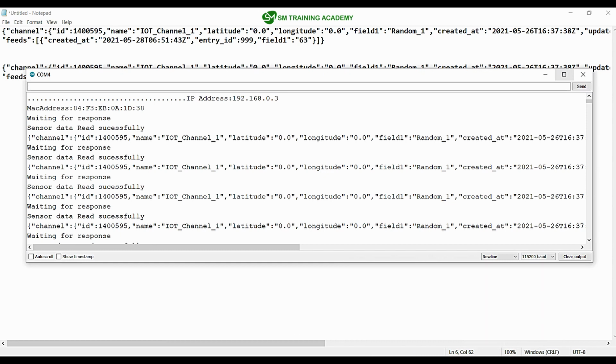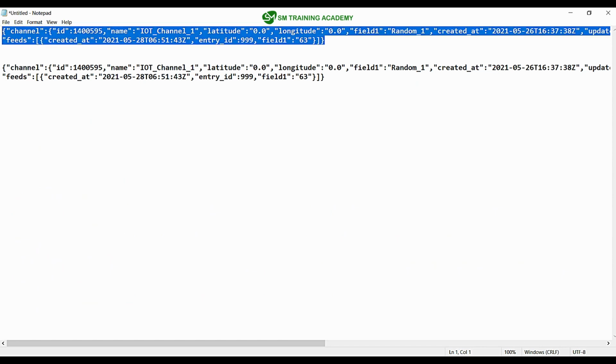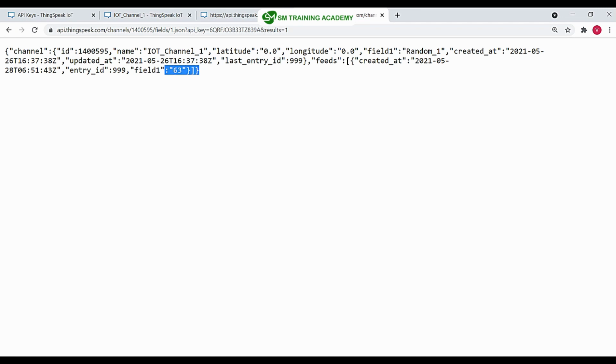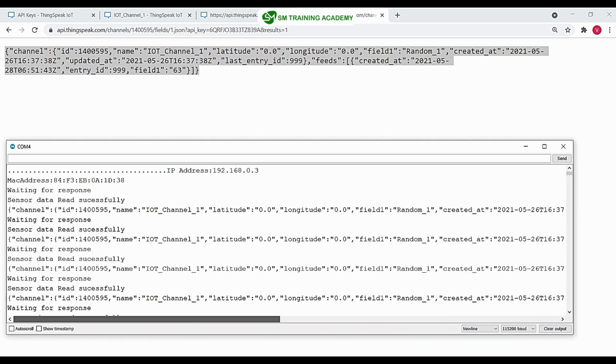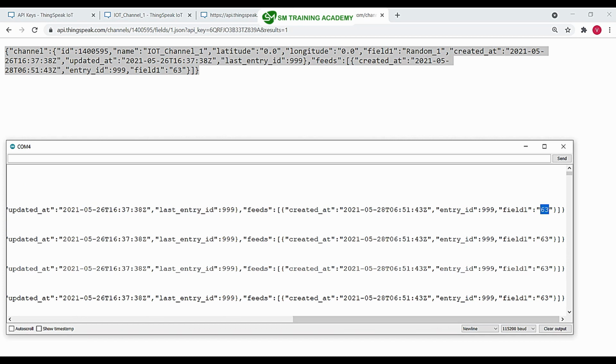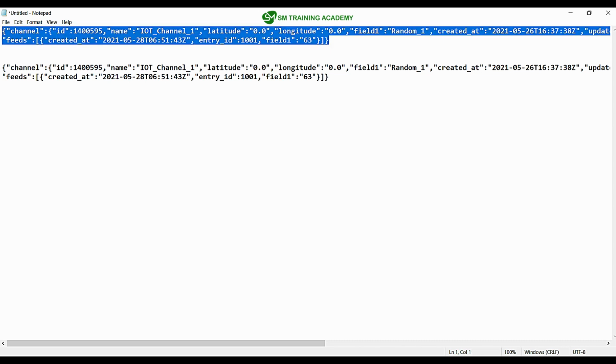So for now we just understood how to get the response from the ThingSpeak server, which we got in the web browser, using the NodeMCU. So we got the same response that we got in the web browser here in the NodeMCU also. And let's try to sort this data out available over here, and let's get this data stored in a separate string variable. So now we can see how we can extract this data available over here in this entire string and store that to a separate variable for further processing.